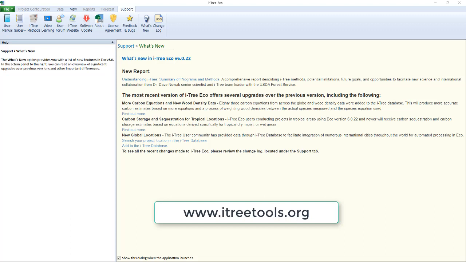And when Eco first brings you to a starting point, it usually starts off with this what's new. It tells you what the version is, 6.022. This is all good information for you to keep handy if you ever have problems. That's one of the first questions that you want to make sure that you tell technical support that you're working with version 6.022. You can always check and see if there are updates available by clicking this tab, and then